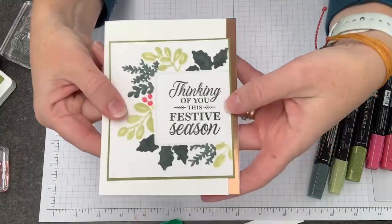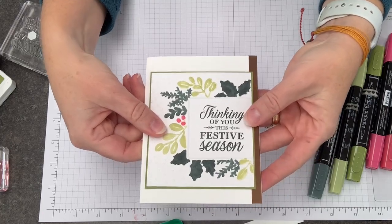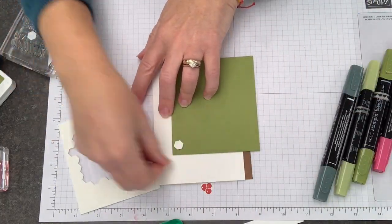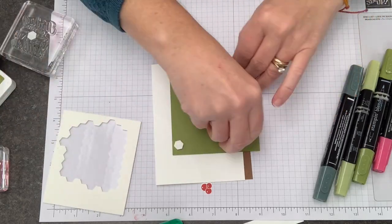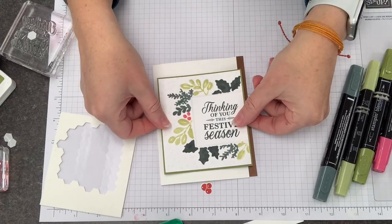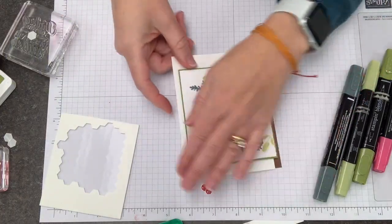And I want to highlight the way our card opens with this sort of fun edge fold. So instead of putting my element back here and lining it up, I'm actually going to have it pop over the front here just that little bit. And that little bit is enough to just highlight that special edge. So I'm going to remember not to put my dimensionals all the way to the edge because that would be bad. We'll seal our card shut. But I'm going to go ahead and pop this on a little bit down here. There we go. Okay, so now we have our sort of base card,